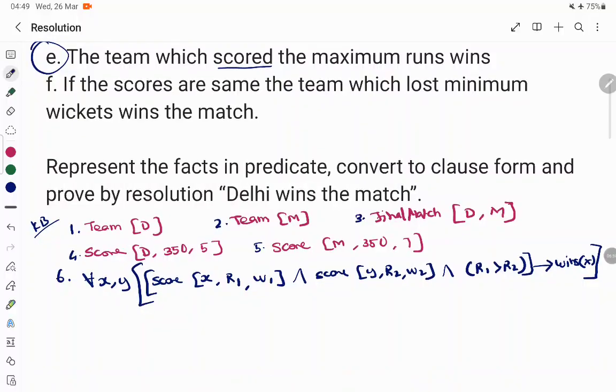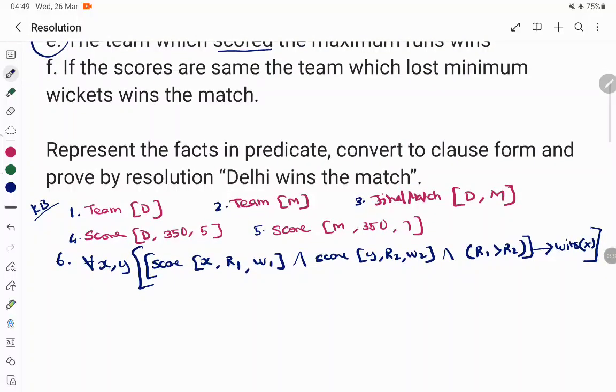Got it? So this is how we declare a predicate logic statement. We have to take everything into constraint. There are two teams that are playing, and I'm going to compare the scorecards of them. So I have to take both the scorecards, and what is the condition that I'm going to give? I'm going to compare the runs. So R1 greater than R2, then we can declare that X wins the game. And similarly, I can add a seventh rule